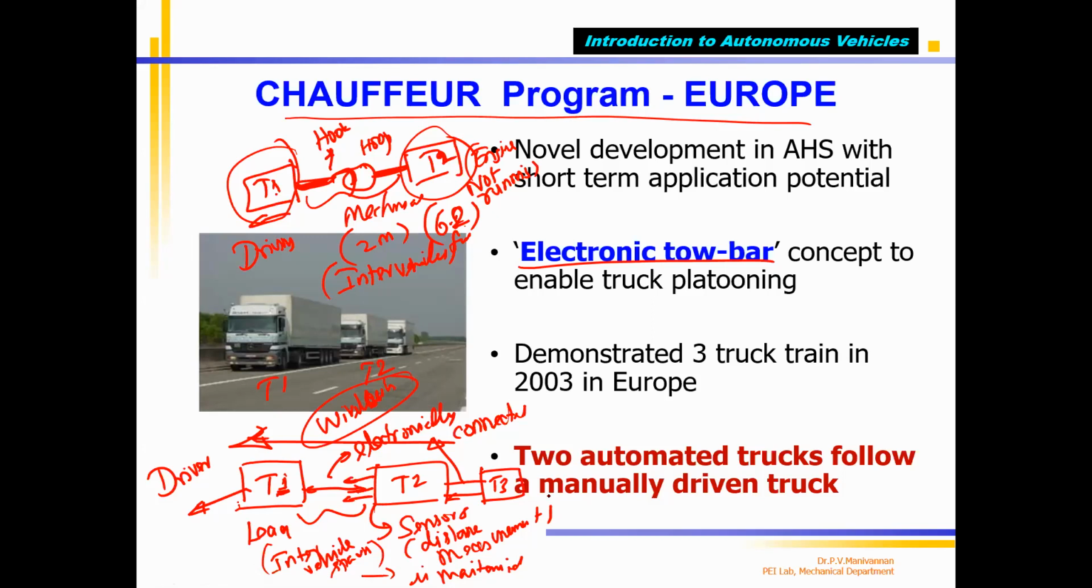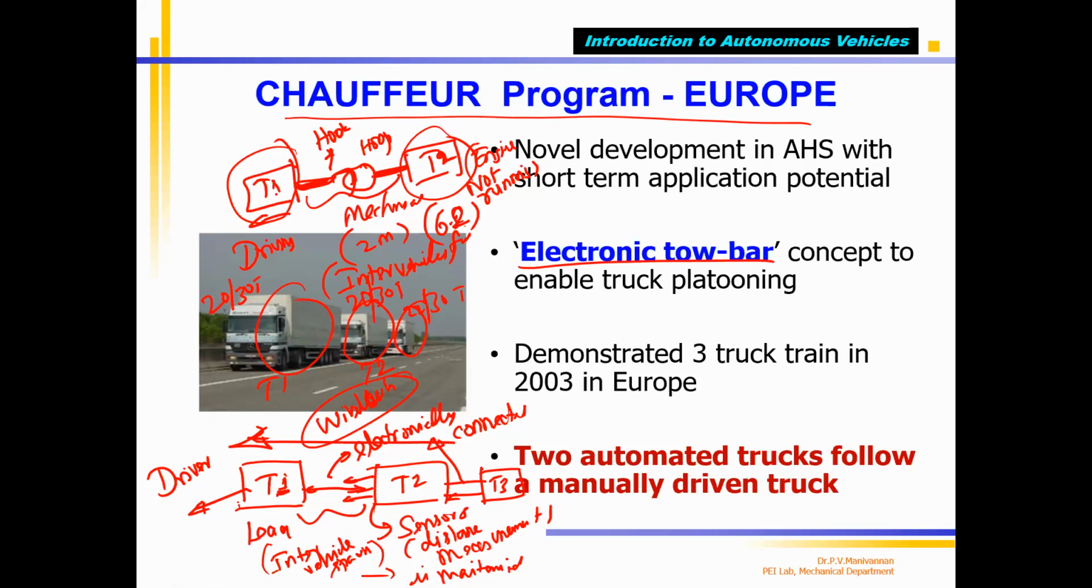But in the case of an electronic tow bar, we call it a connected vehicle. T1 is running, T2 is running, T3 also. All three are running. The engines are running. Without that, they cannot move because they are all loaded. They have their own load. Each may be, for example, being a big truck, maybe 20 or 30 tons. They are all carrying load. So their engines have to run because there's no physical connection to pull T2 by T1 or